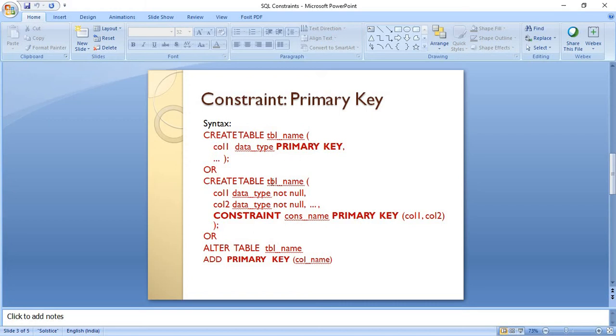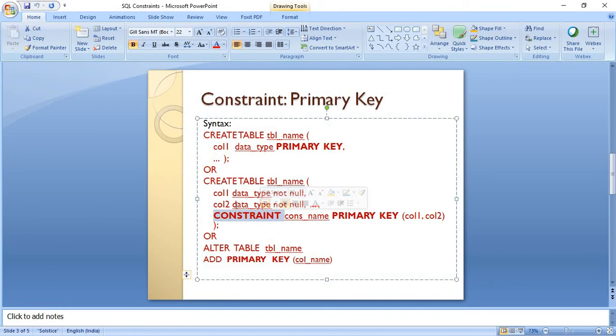But if we want to create a primary key on multiple columns, like I said, a composite key, that we can also create. With multiple columns provided at the top at the time of table creation, at the bottom of the table creation we can mention constraint name primary key, and inside the brackets we can provide the multiple column names. With that we can create a primary key on multiple columns. This is known as a composite key.